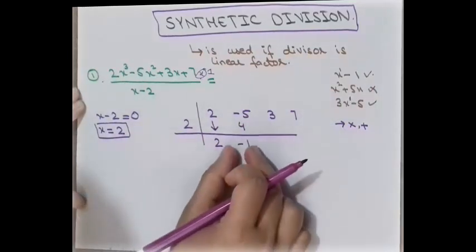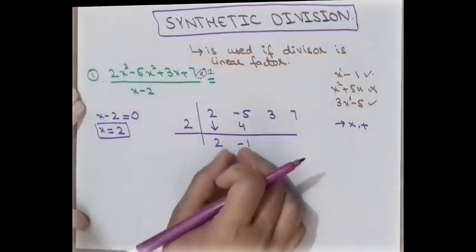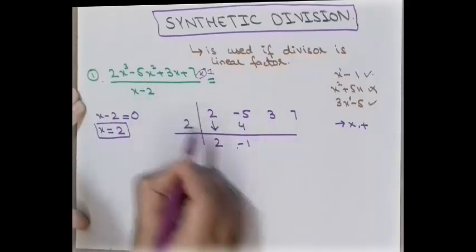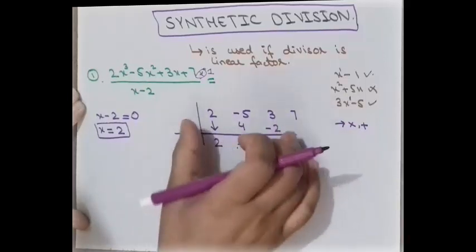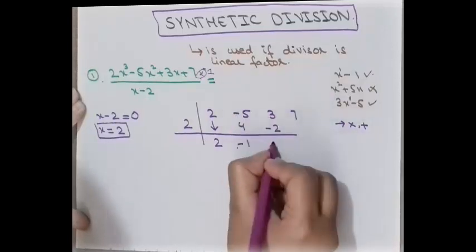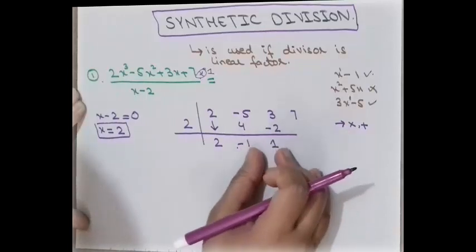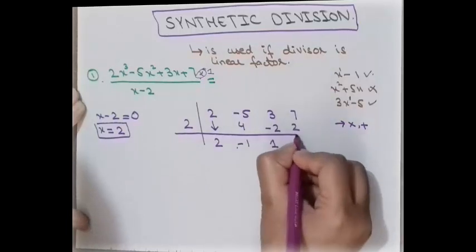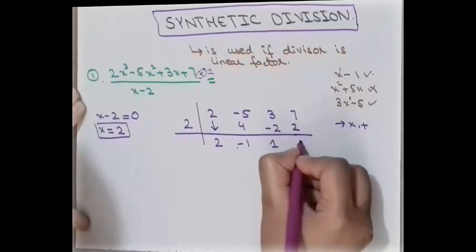Now again here is a number, so multiply it with the divisor number. So 2 multiply minus 1 is minus 2. And remember in this section we apply the addition, so adding these two numbers gives positive 1. Now here is a number again, and we multiply it with the divisor, 1 multiply 2 is 2. So 7, here we apply the addition, so 7 plus 2 is 9.